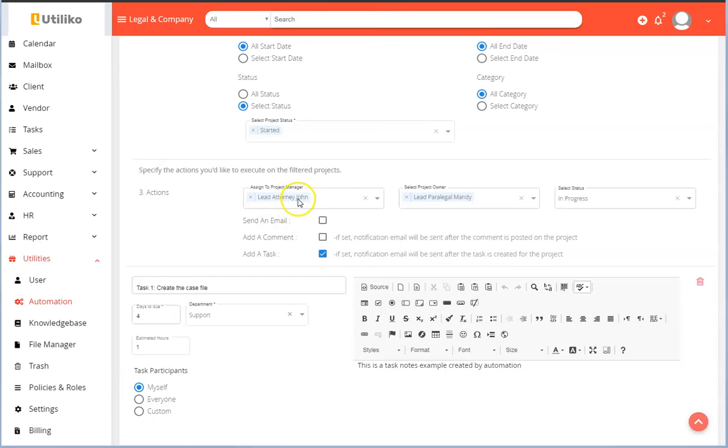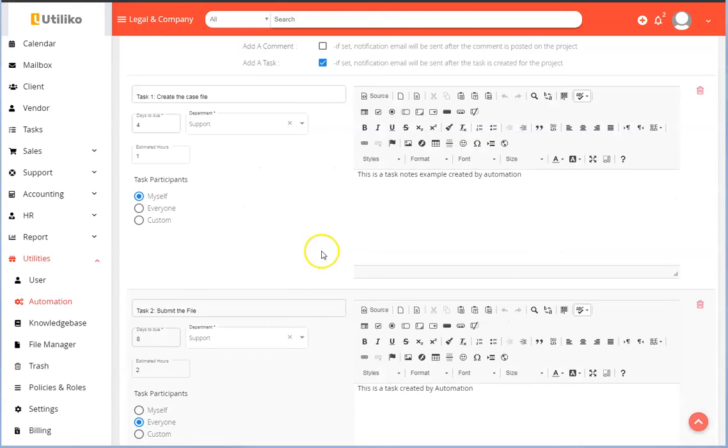In this case, we are changing the project manager from whomever it is to this lead attorney. We are changing the project owner. We are changing the status from started to in progress. And we can send out an email, we could add a comment to the project, or we can add tasks. Adding one or multiple tasks to a